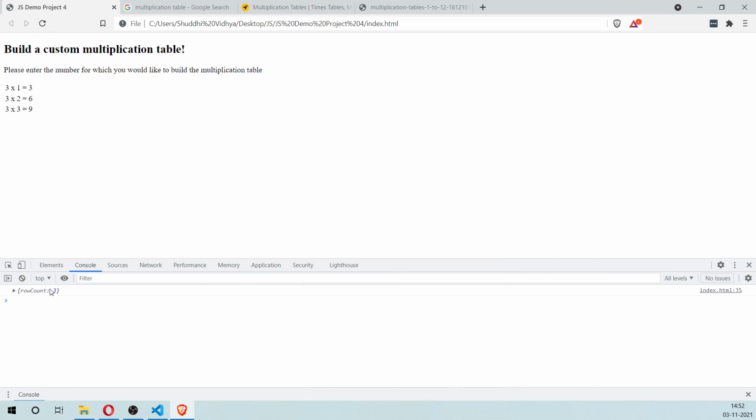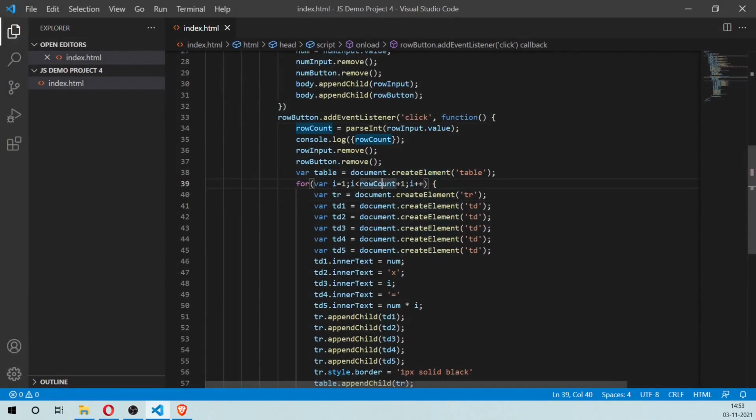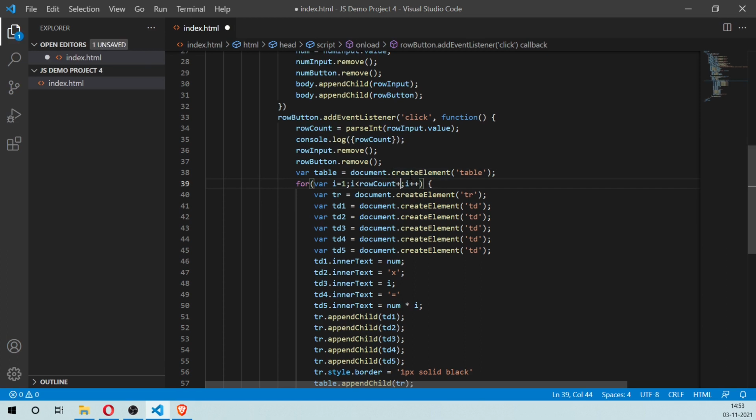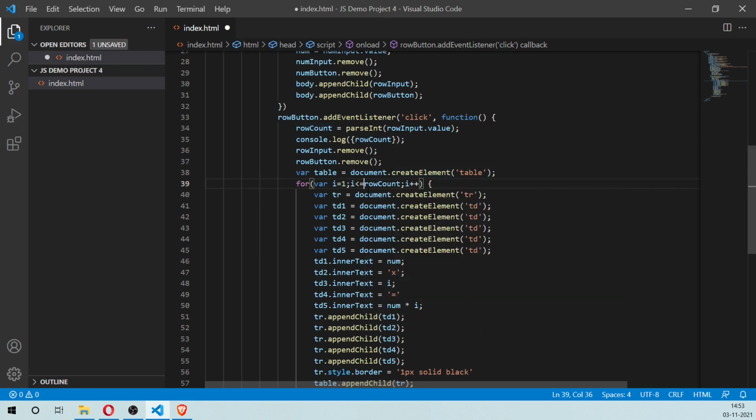So now it works out because it converted the string to an integer, and when we did 3 plus 1 here, instead of making it 31, it made it into 4. And that's why we're seeing just 3 rows here. One more thing that we could have done and eliminate this entire thing is to use less than or equal to here. That way we don't need to do any of this stuff.